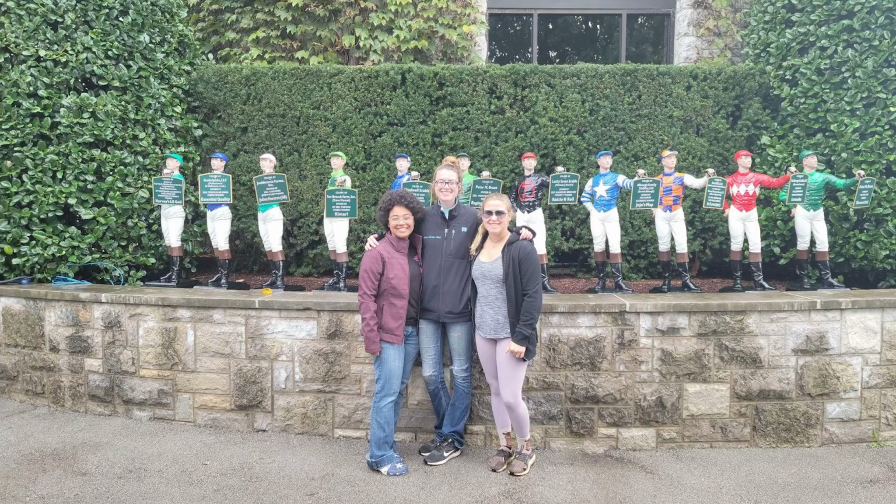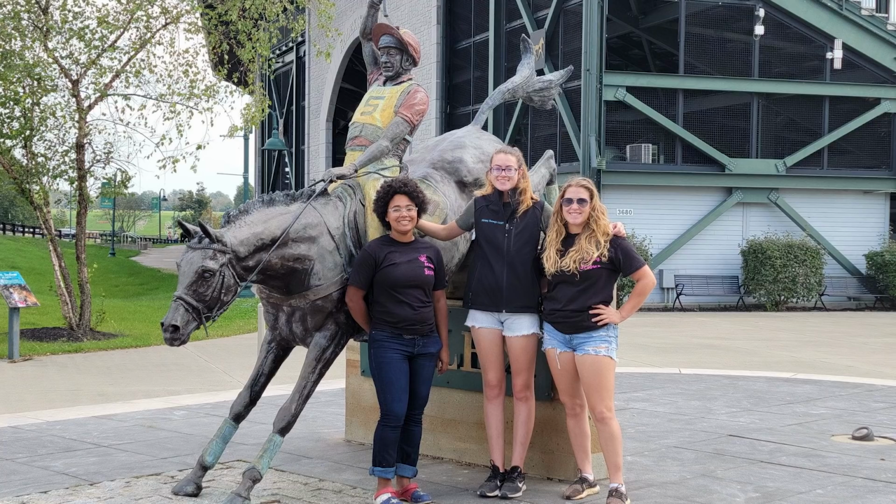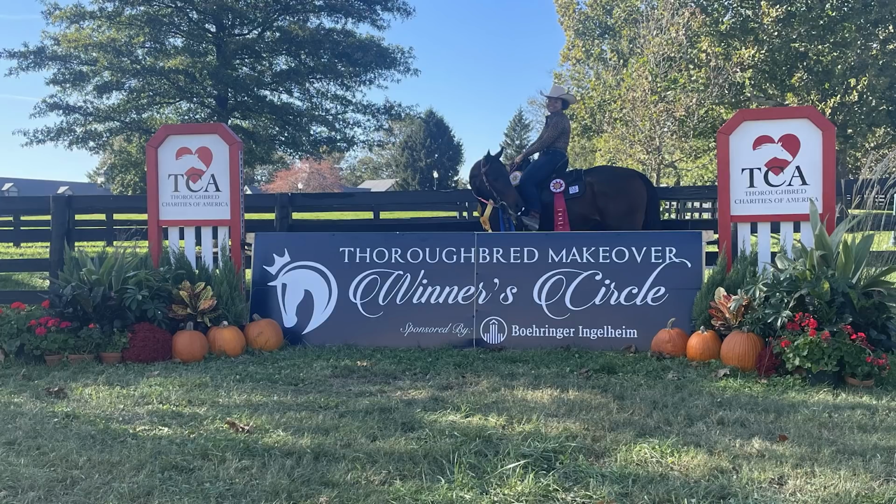So 2 weeks ago, I was in Kentucky with my friend Melissa, and Melissa was competing in the 2021 Thoroughbred Retired Racehorse Project makeover. So the Thoroughbreds version of the Mustang makeover, and it was a really cool event, really fun to be there and see a different type of makeover going on. It kind of made me want to try it, but it was really cool to be there. Melissa did really well. She placed third overall in the barrels, and she was the first place amateur, so really